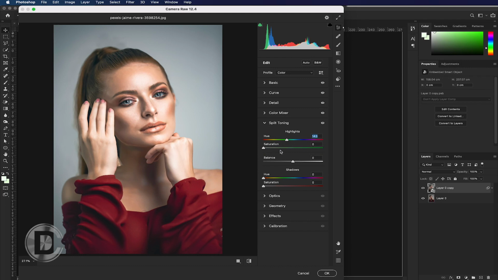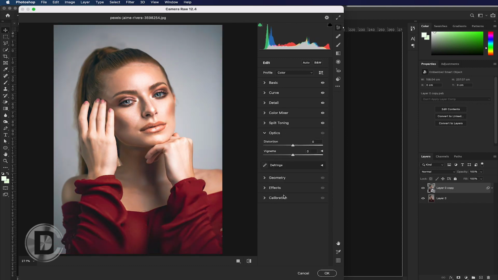So next is split toning. With the help of split toning, you can simply change the highlight and shadow tint of the picture. So here if I set the hue in the pink portion, you can simply add some saturation to make it more pink. You can adjust your setting anytime according to your preferences. You can also change shadows color. Like if I choose orange here in the hue, you can simply saturate your picture according to orange color.